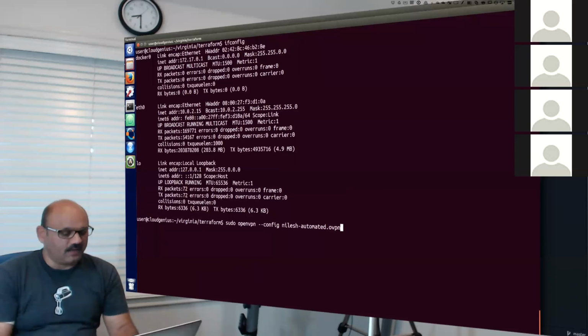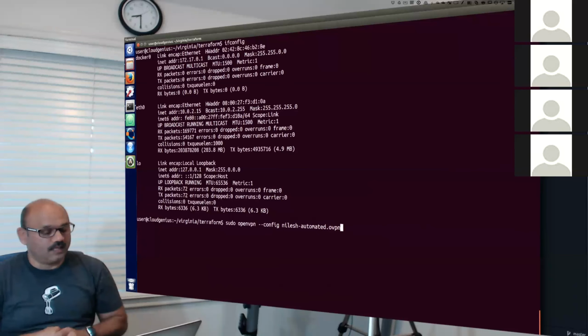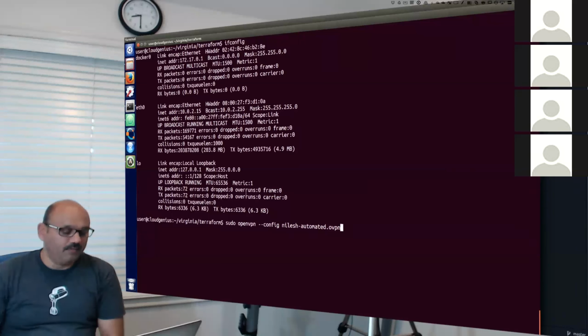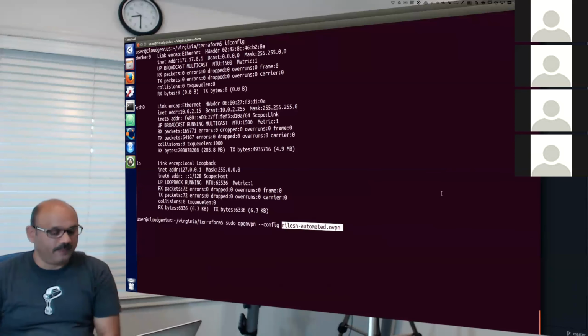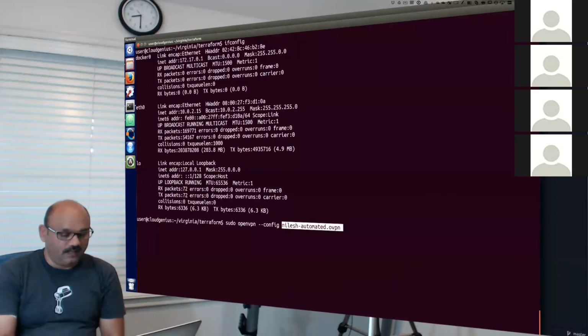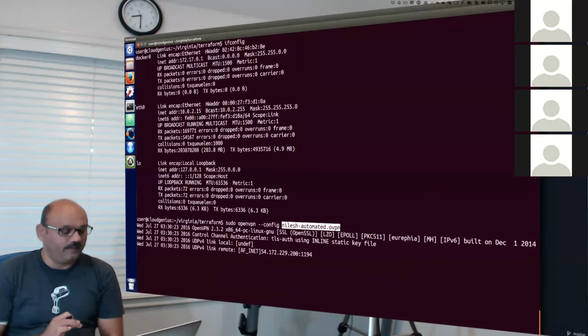I will now run this OpenVPN client configuration and pass it a reference to the OpenVPN configuration that I downloaded from my OpenVPN server, right? So I'm going to hit it and it will establish a connection to my cloud, in the cloud.